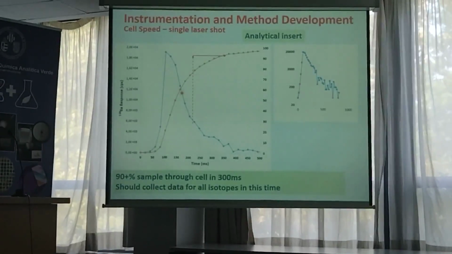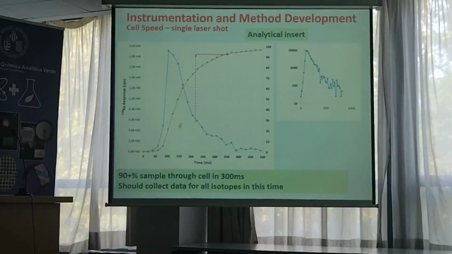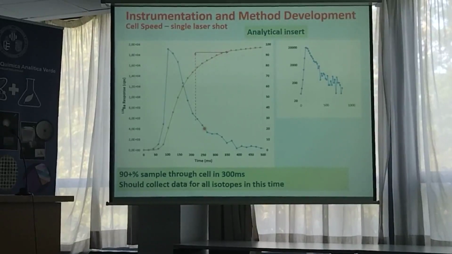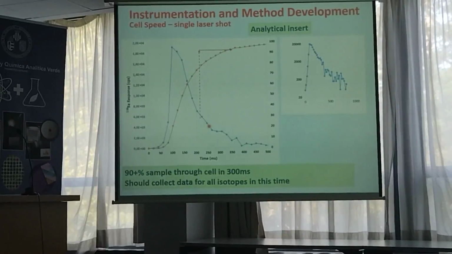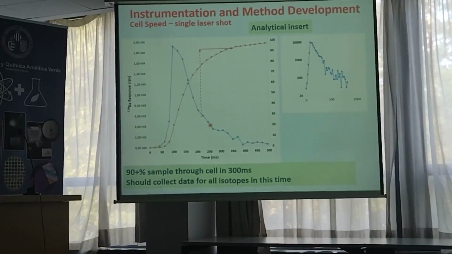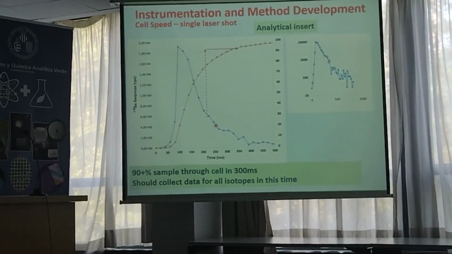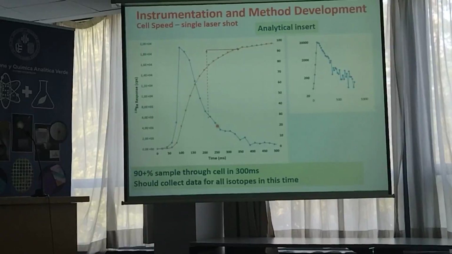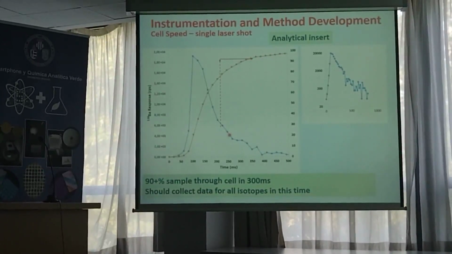If we just make a single pulse of the laser, normally we would do more for the analysis. This is the signal that you get. You get a very sharp peak, and then it decays away. And 90% of the sample will be transported to the mass spectrometer in just 300 milliseconds. So what this means is, if you are doing different elements, you must jump between the different isotopes very quickly. And that is why the quadrupole ICP mass spec is very good. But it also means that there can be a finite number of isotopes you can do at one time. Unless,